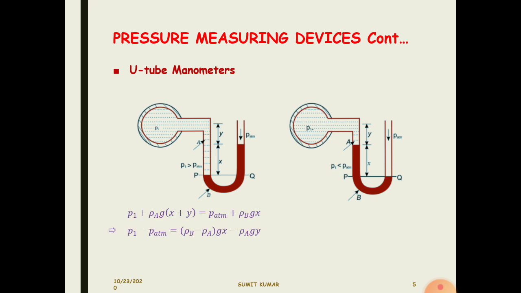The pressure at 2 points P and Q in the horizontal plane must be equal due to the continuity of the same fluid within the region. Now writing the fundamental equation of hydrostatics for point P and Q and equating it, we get the pressure at point 1. Similarly, for the case of gauge pressure, the pressure can easily be found by solving the equation of hydrostatic for points P and Q.